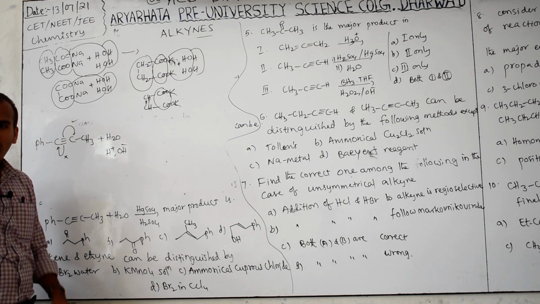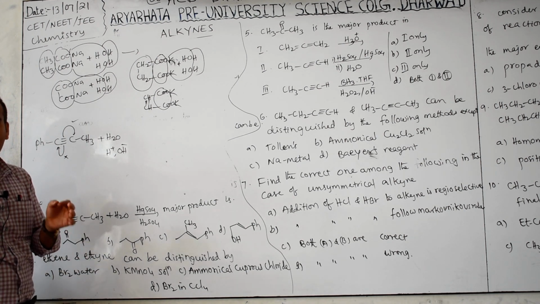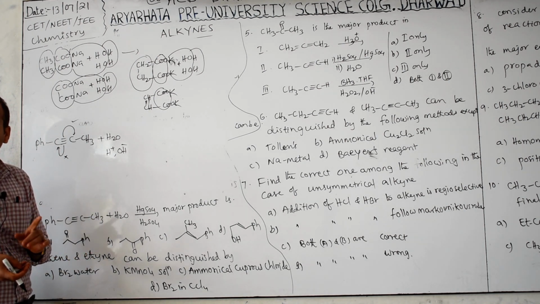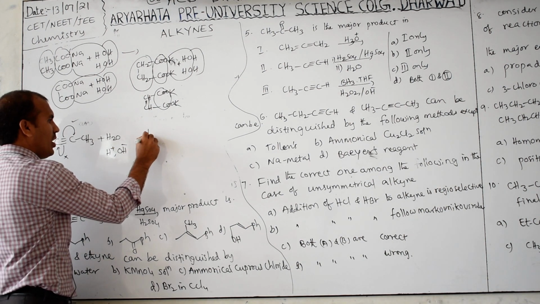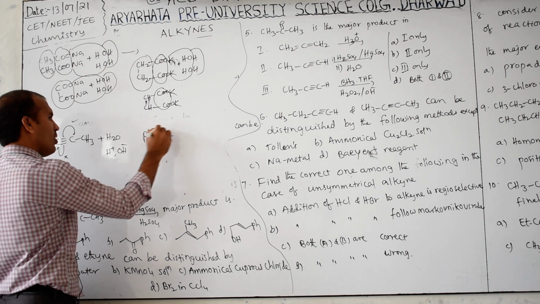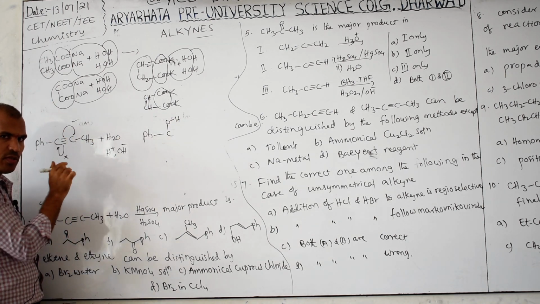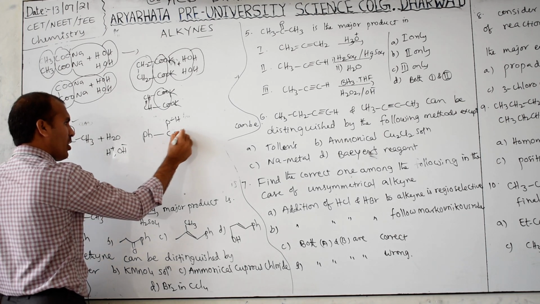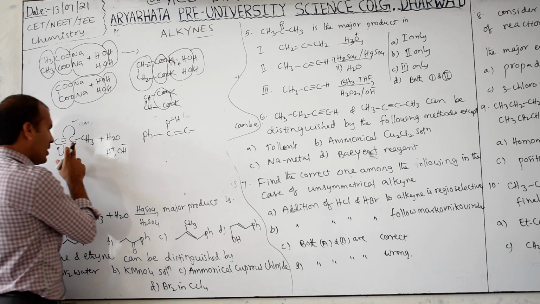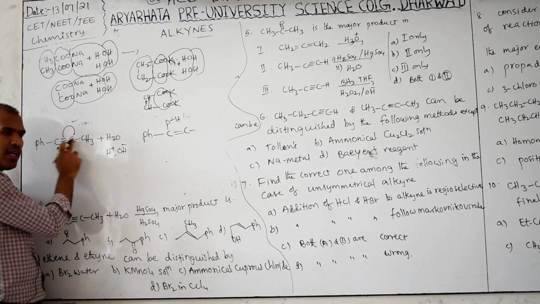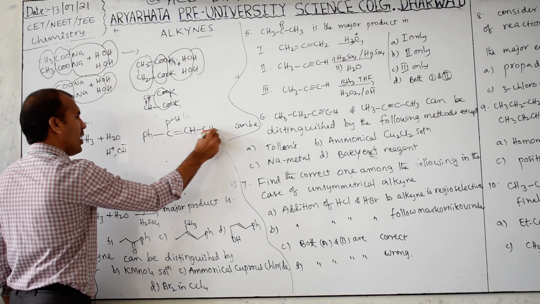Got the point? Actually, according to the Markovnikov rule, you will think OH minus can be added on any one side, because that is the negative part. But actually benzene is given. Therefore, according to this, Ph C OH: one pi bond is out, not both, only one pi bond. Then how many remain? 2. Then one H is added here, because H is there here and OH here. So H is added here, and CH3.